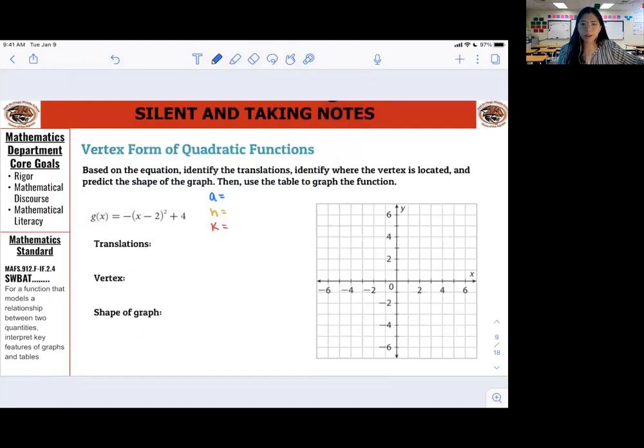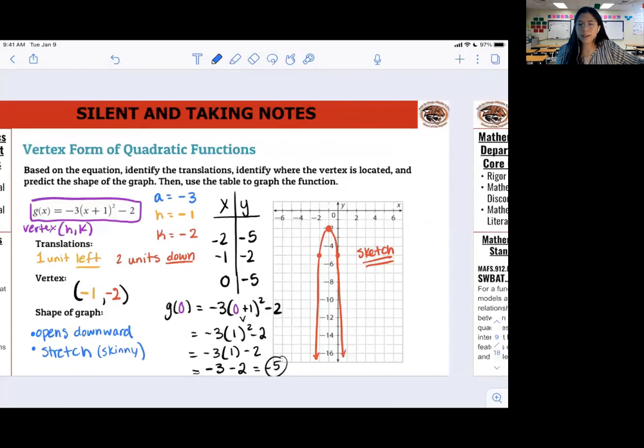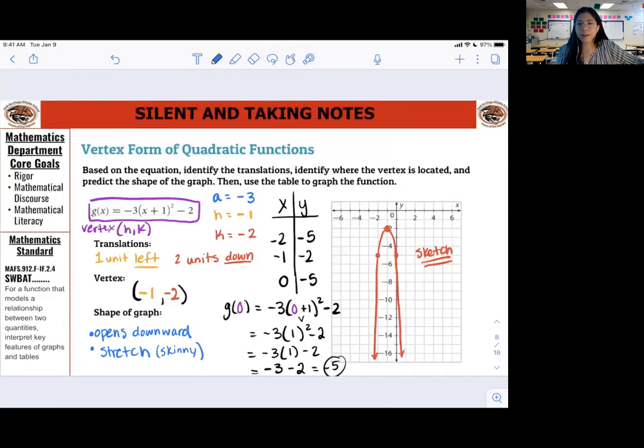Okay, here is RL's question. Let me go back to it. Why does the -3 make the graph stretch? Good question. Remember, the negative sign makes it flip, but the 3 on its own makes it stretch. So you want to think of the negative sign and the 3 as two separate things. The negative sign makes it flip, and the 3 makes it